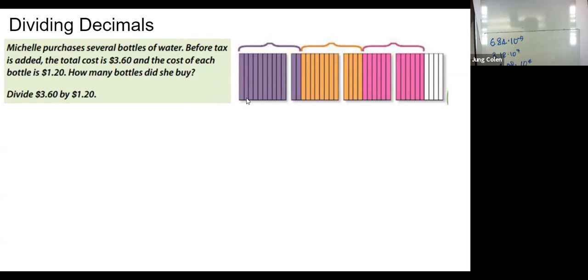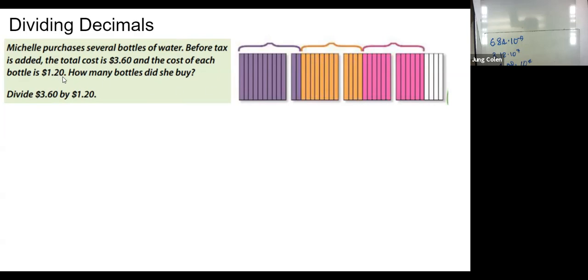Can you interpret that? So we have $1, $2, and another square, $3. So we have only 60 cents. We don't have the $4 there, but we have only 6 bars, which represent 60 cents. So regardless of the color, the shaded part is $3.60, okay? $3.60. We are dividing it by